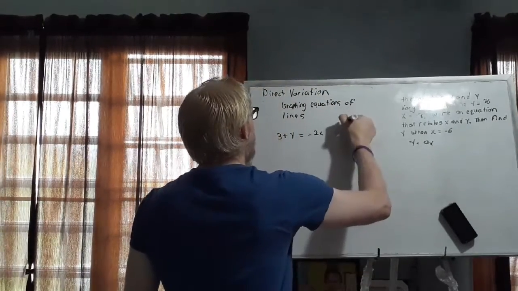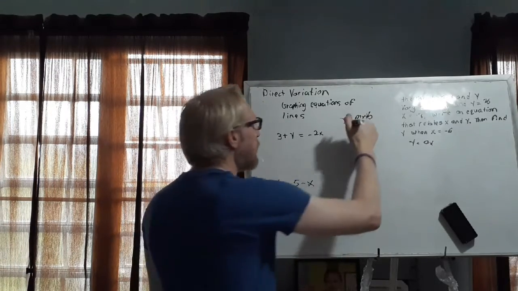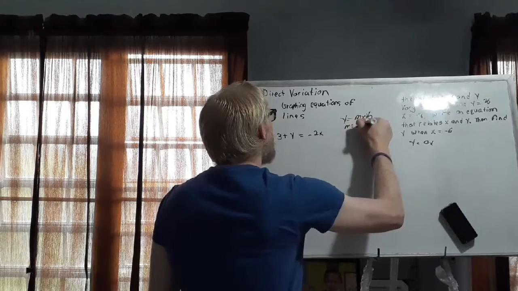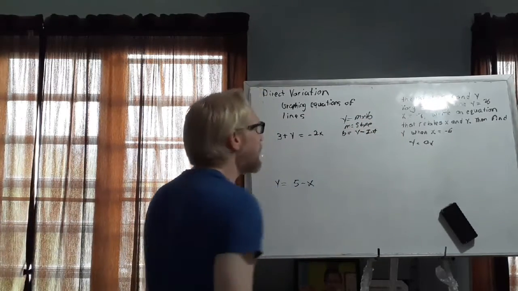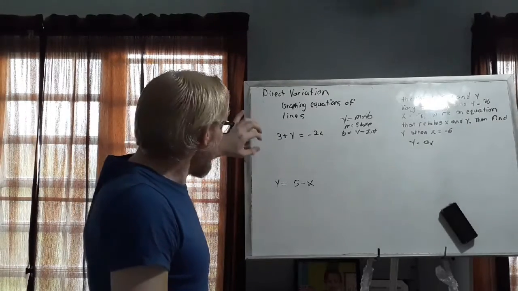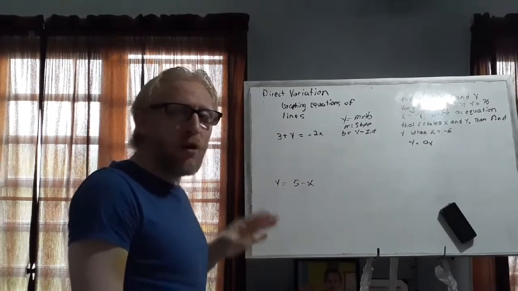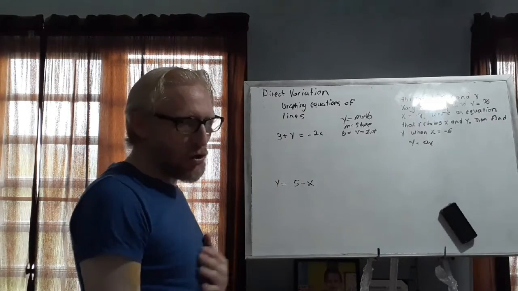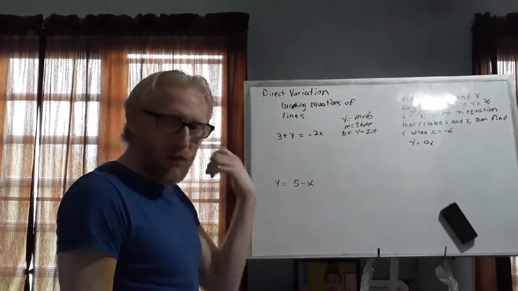Now, so far we've been talking about linear functions. So the formula that we're going to be using to graph our functions is y equals mx plus b, where m is our slope and b is our y-intercept, right? When we look at this equation, the first thing that we want to look at is to make sure that the equation is solved for y. If it isn't solved for y, that means you have to. Or if it's solved for y, but it's not arranged in y equals mx plus b, then you have to